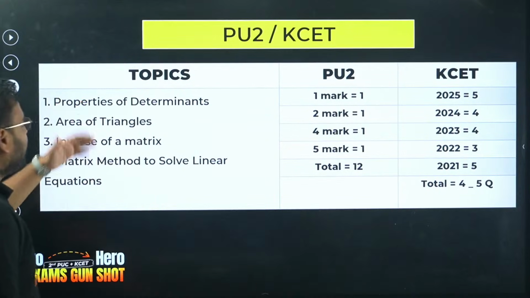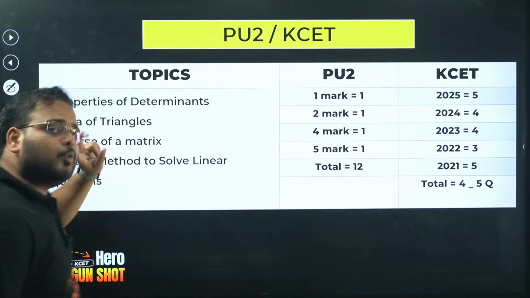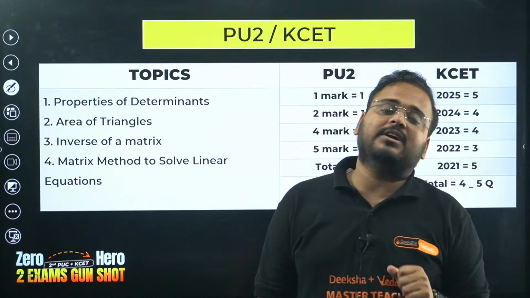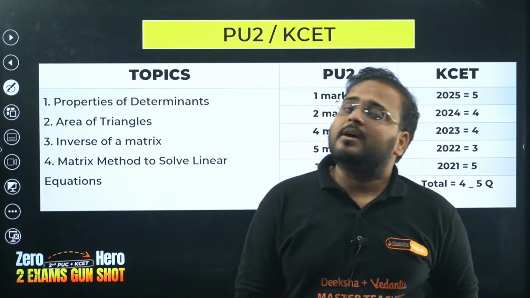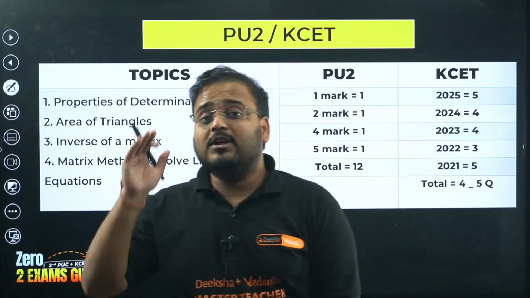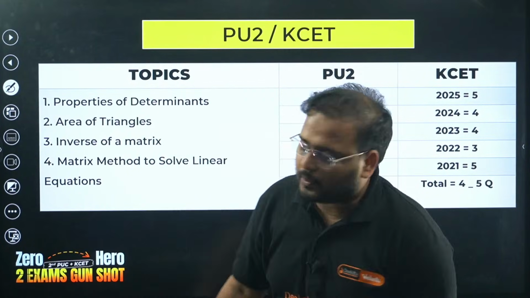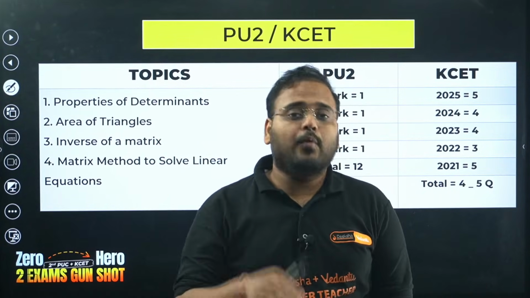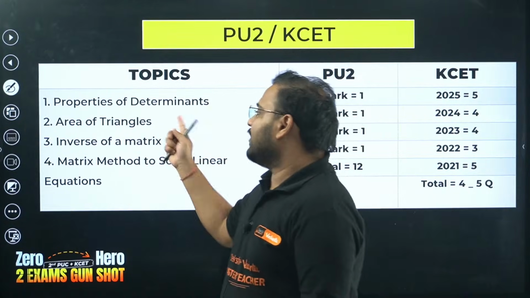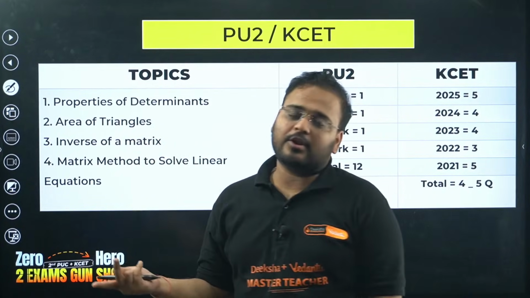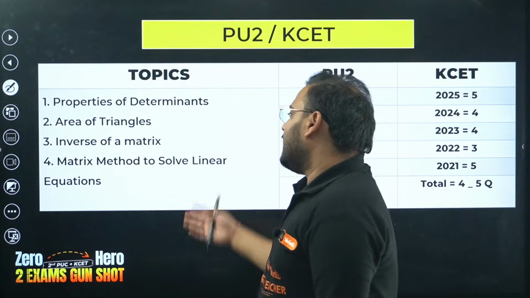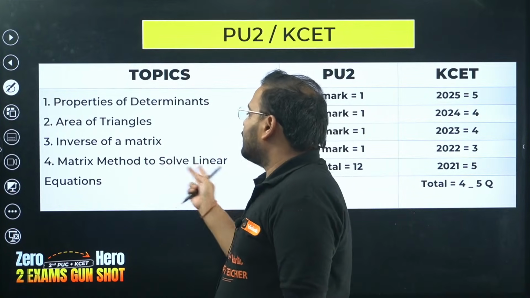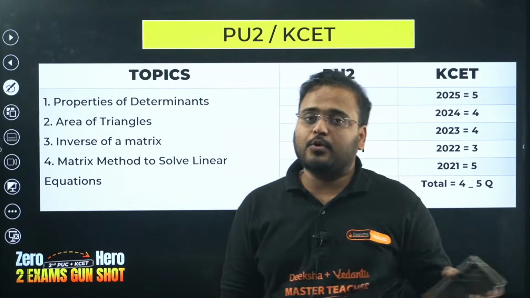Now the important topics. Of course, 1 to 2 questions come directly from determinant properties. Remember the inverse property of determinant and the adjoint property of determinant, all those are very important. Do not worry, I'll give you a list of all the properties in this class itself. Area of triangles questions come almost every year, very basic ones for your boards and a little bit advanced ones for your CET. Inverse of a matrix is a very common question, comes for 5 marks for your boards and is also important in CET. The matrix method to solve linear equations is also there in your syllabus. I hope you all know that.